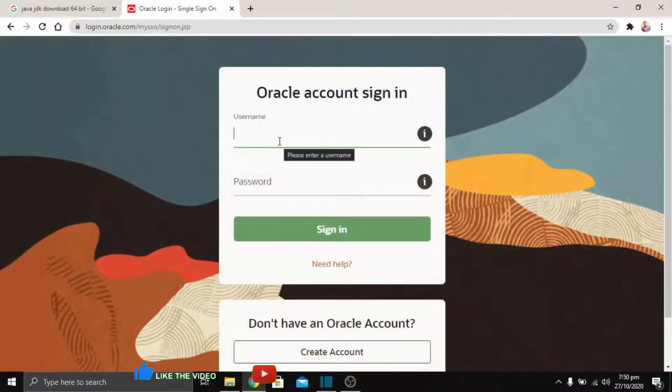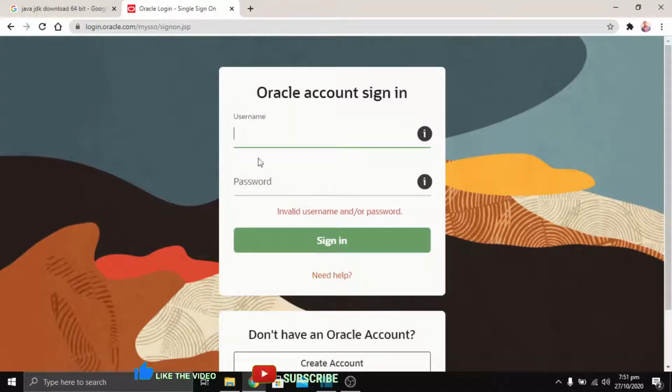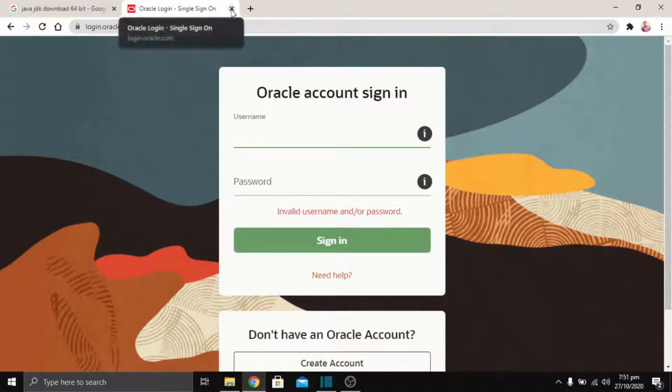It would ask for your username, so you are going to enter your username and password, and the download would begin over here.